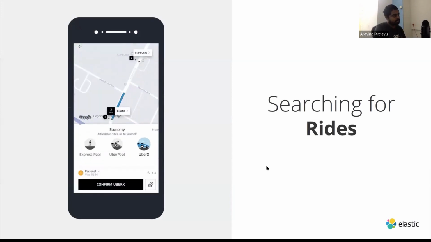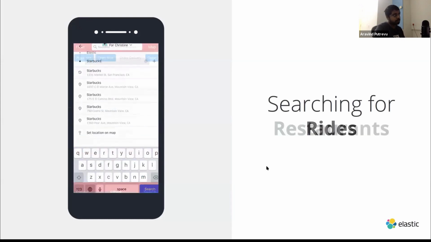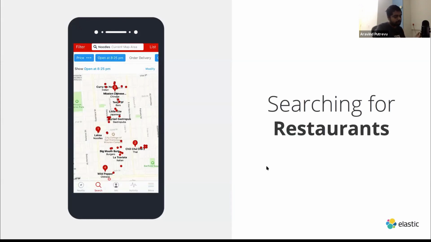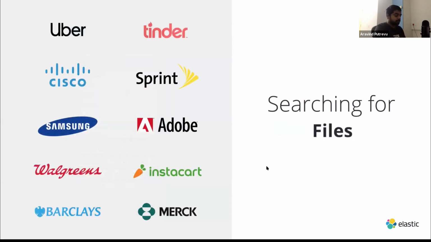It might be an e-commerce site, something like Uber, Lyft, or ride sharing apps, or finding food. There are multiple use cases, because search is a common thing and people use it for all sorts of use cases.